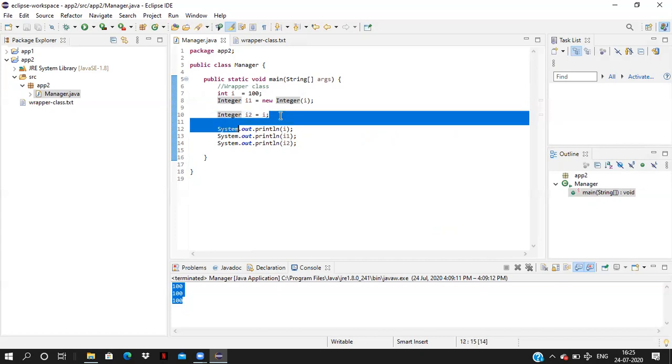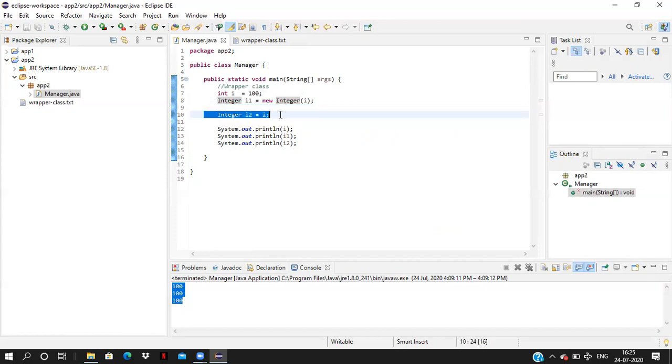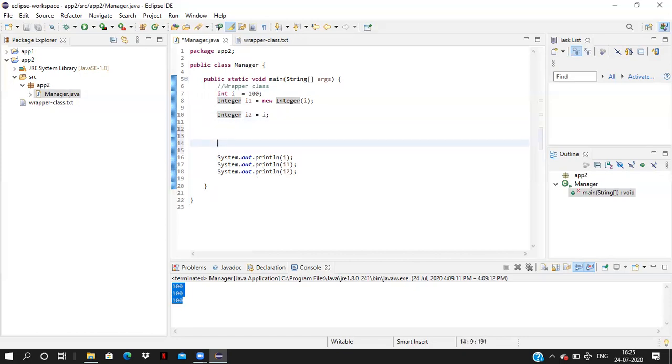Here, whatever I have selected, this is called auto boxing. Converting primitive value to the wrapper class object. Whenever we are converting the integer primitive value to the wrapper class object, we can convert this value as an Integer wrapper class only. We cannot convert this as a byte or short. Now, in the same example, I will convert other classes also.